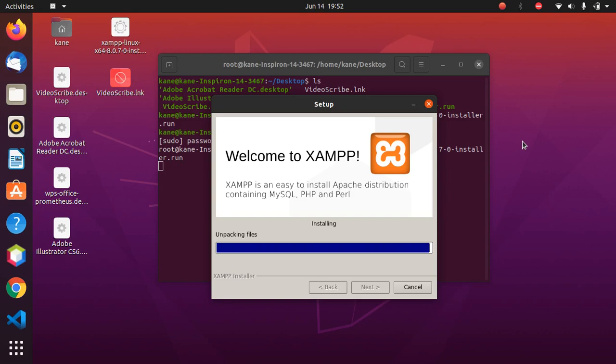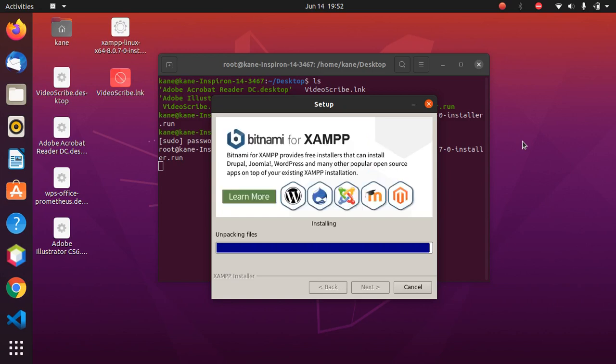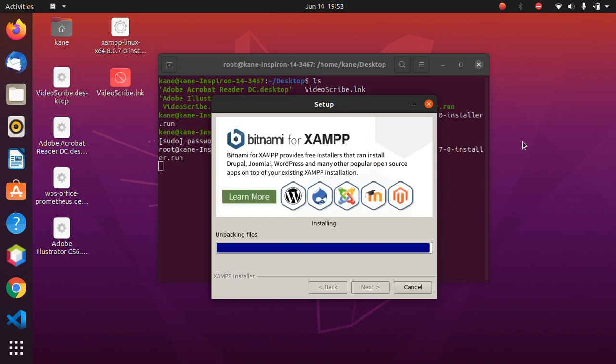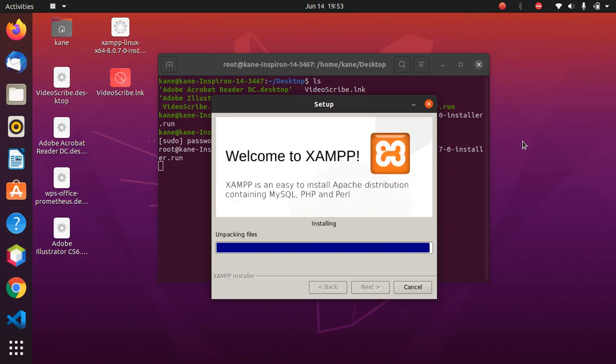If you do not want to use XAMPP, then it's completely fine. You can manually install Apache server. You can also manually install MySQL, and then you can save your projects inside the HTML folder, which is located inside the root directory, and the process is more or less the same. Also in the XAMPP folder, inside the lampp folder, you should save all your projects inside the htdocs folder in order to execute the file.